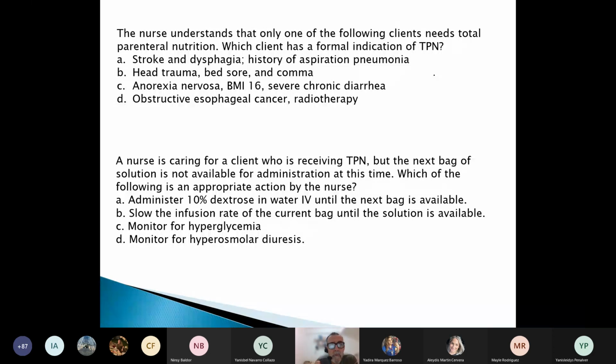The problem is when you surpass a certain level, which is variable, then you are going to have what is called osmotic diuresis. Because when you have more than a certain threshold, more than a certain limit of blood sugar, then the sugar, the glucose, starts spilling in the urine. And once this molecule is in the urine, it will attract more water from the body. So now the patient will pee more than usual. It's called polyuria. But because this water is coming from the body, the person develops dehydration.